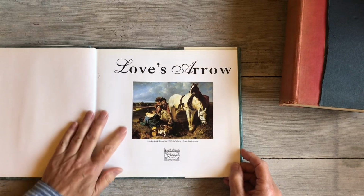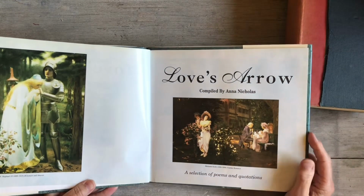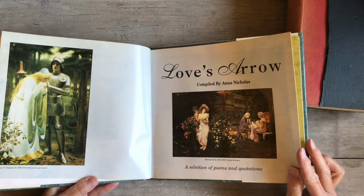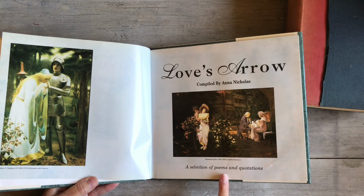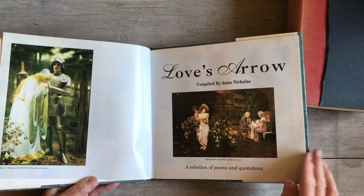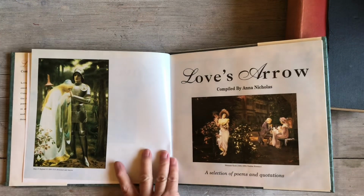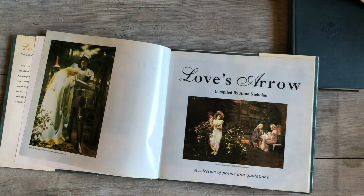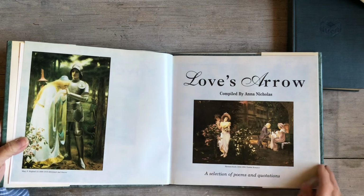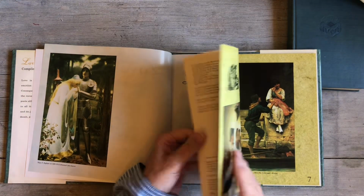So the reason I got this was for the images. So these are images of paintings, and that one was 1850. Oh, well, the painter painted it sometime during the 1800s. And that again was the 1800s. So let's see if you can see them. And I like these styles. I'll just move that because it's a bit bulky. I like these romantic paintings to some degree,